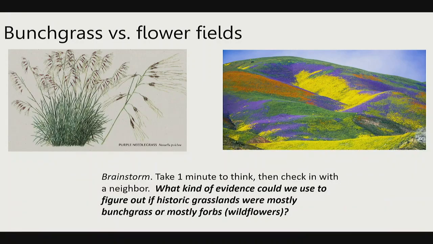Yeah, in the back. Looking at like water levels, the contrast of it would be able to grow better and more of a... Yeah, so that's a great one. So one of the things we can do is look at the existing members of these species, figure out what conditions they're adapted for, and then go back and look at the areas where we think they may or may not have occurred and say, hey, the conditions in this area were actually probably better for bunch grasses versus forbs, right? So look at historical environmental conditions, even if we can't see what the plants were. Other thoughts? These are great.